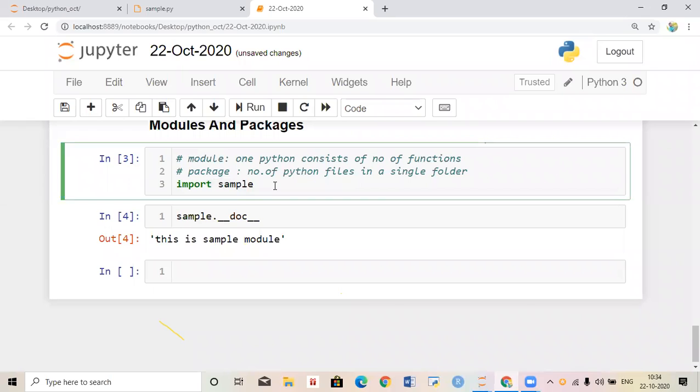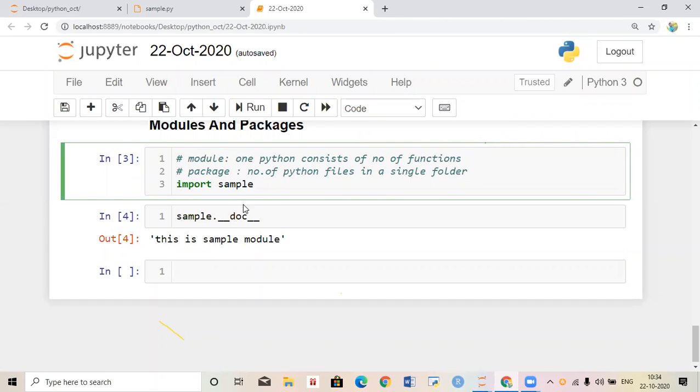Previously we imported re. Re is the module name. Then we use methods like re.search, re.match, re.findall, and after that we use the method name.